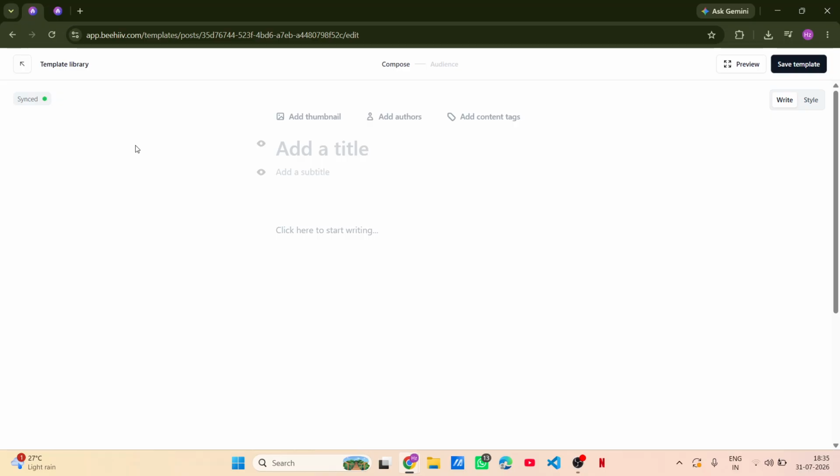You can also add call-to-action buttons. These are crucial for driving engagement. If you want your readers to visit your website, register for an event, or check out products, make sure your buttons are visible and enticing. Click on the Buttons option in the block menu, then customize the text to encourage interaction, like Learn More or